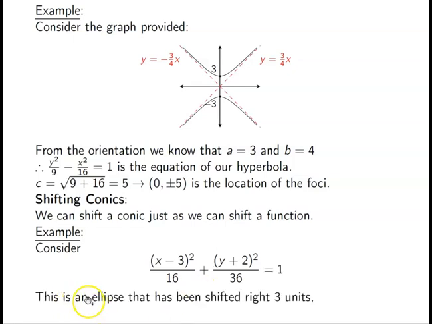Okay. So this is an ellipse that's been shifted right 3 units and down 2 units, as I stated. So that means my center is at (3, -2). That means the major and the minor axis both have to go through this point. So looking at A and B, I can find out the lengths of those, but I have to apply that